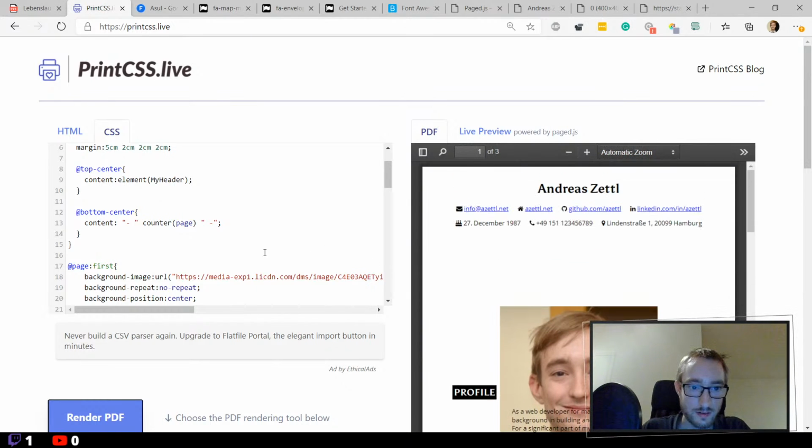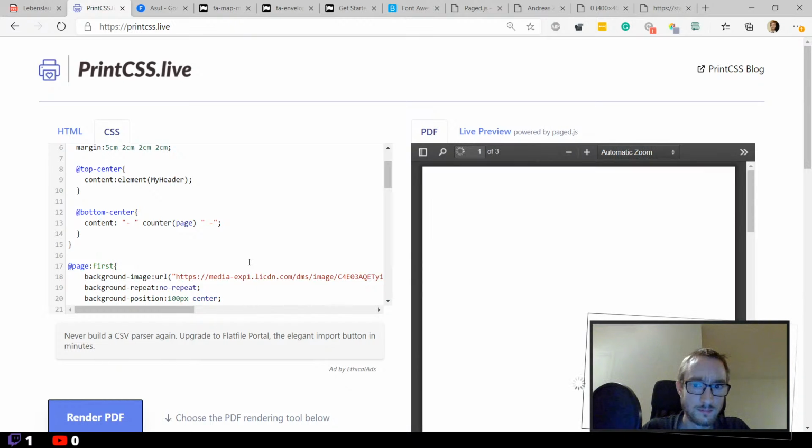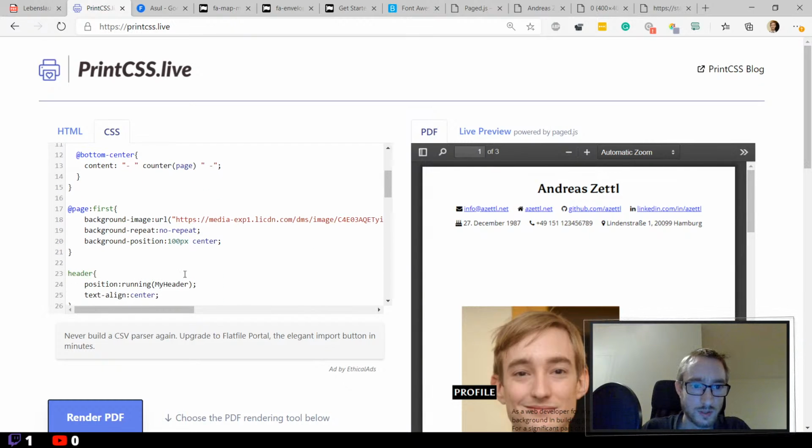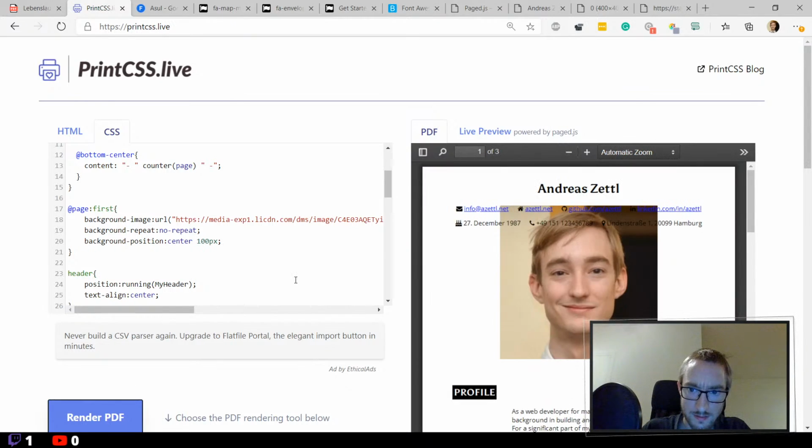Yeah, center for left and right, and top, what do we do? 100 pixel. Let's see. Oh, actually the other way around. Is it working like this? Let's see. Yeah, and make it 200,